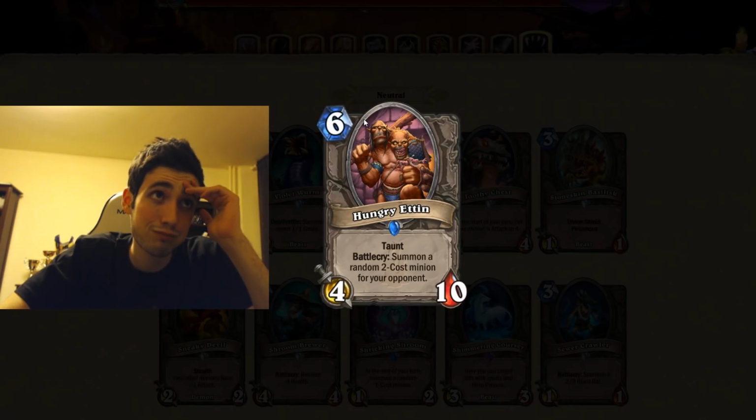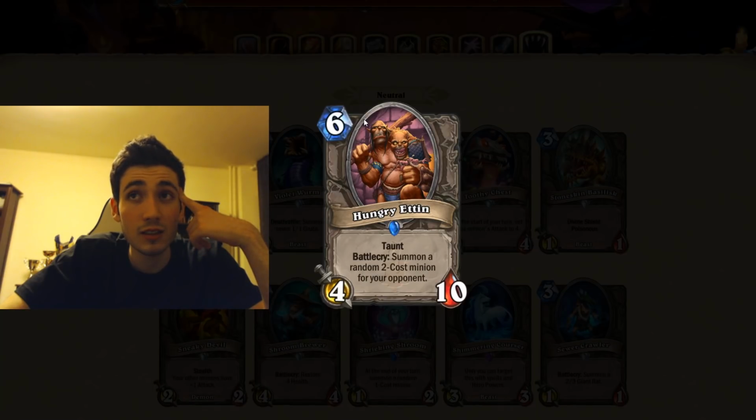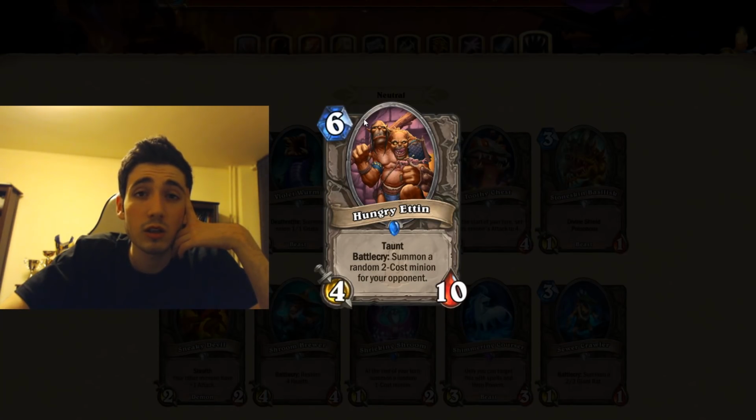4/10 is solid as heck against Priest. If you think about it, the 2/2, if it attacks into the Hungry Etin, then you're gonna have a 4/8. So it's basically Primordial Drake without having the Battlecry, and it's 2 mana cheaper. This card is legit good. And it will see play. I'm not sure how much. I'm not sure where. Like,